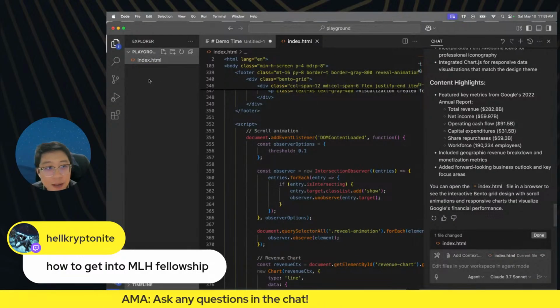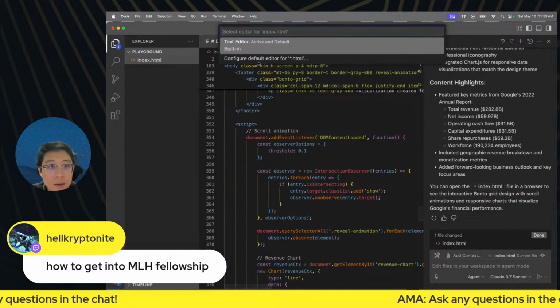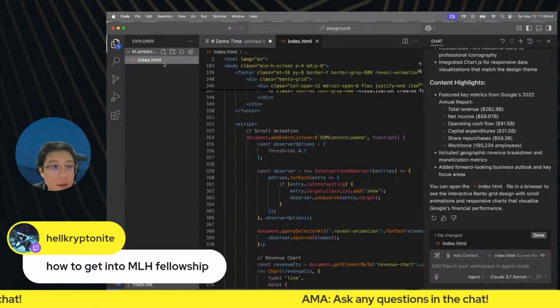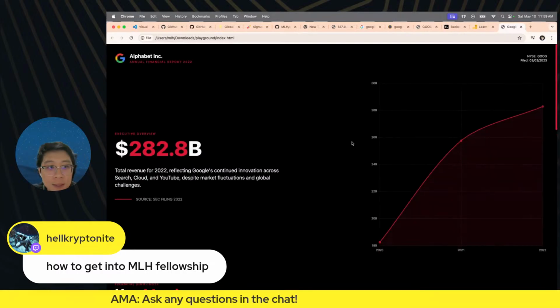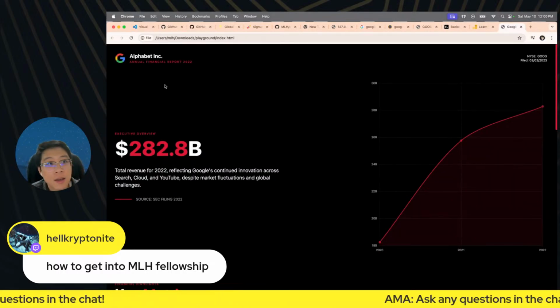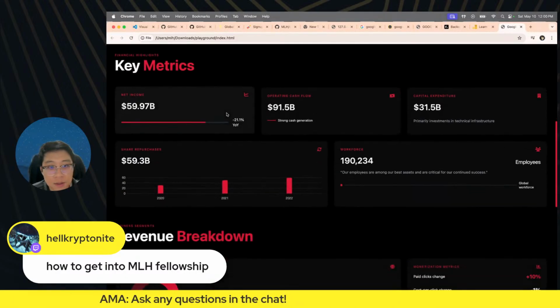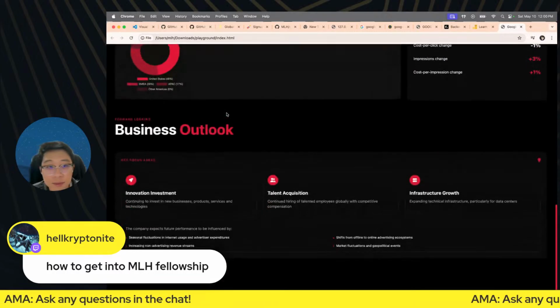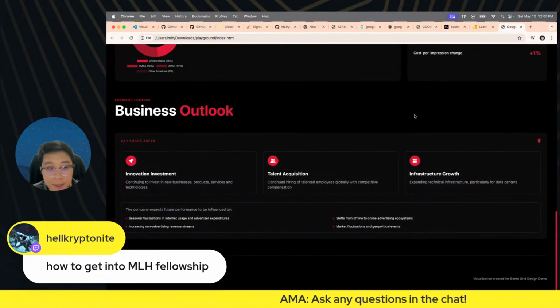I'm going to keep the file and open this up, let me review it in Finder and just open this up. And boom, just like that, we now have a beautiful web page that summarizes Google, which is Alphabet Inc's annual report, right? In just one prompt. And you can do this with any company.